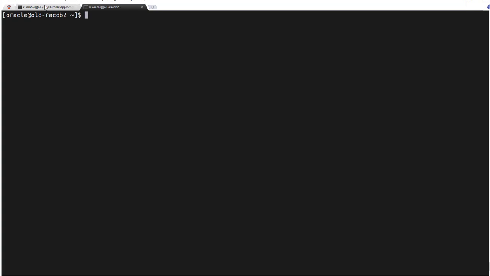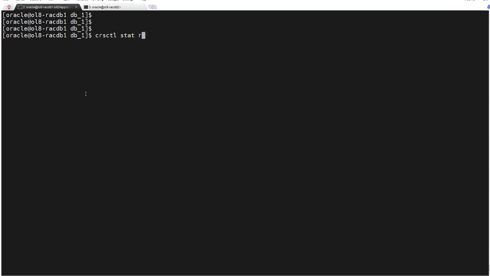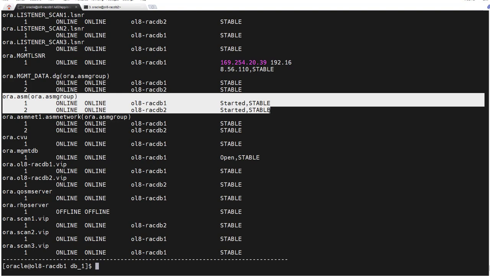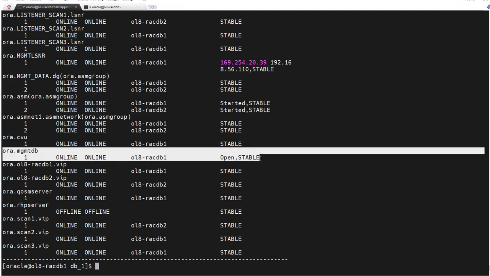Now, before the installation, I'm going to show you the grid infrastructure. My grid infrastructure is up and running. You can see here the ASM instance started. This is my management instance.